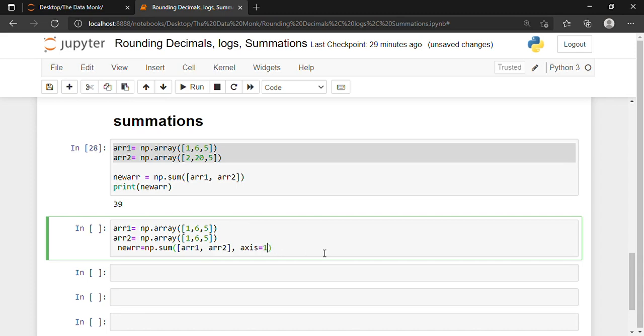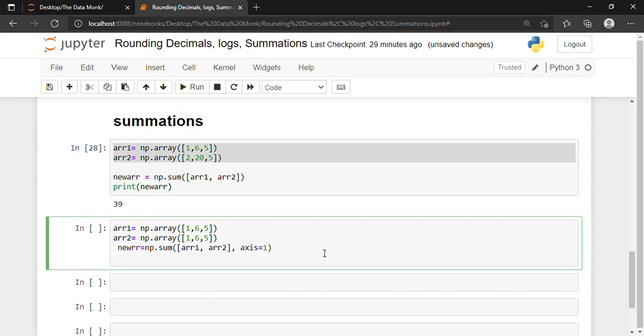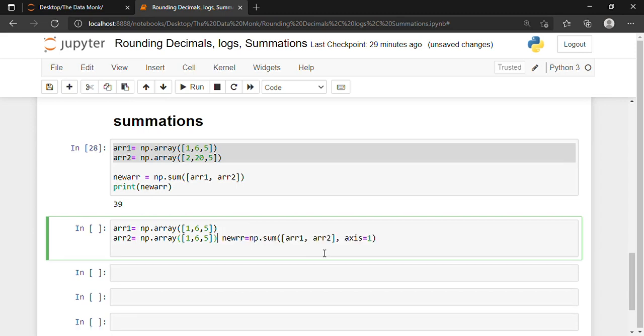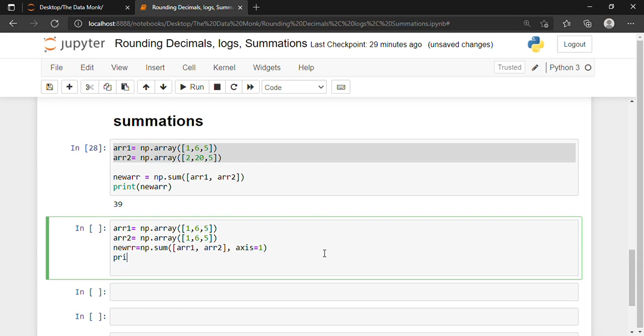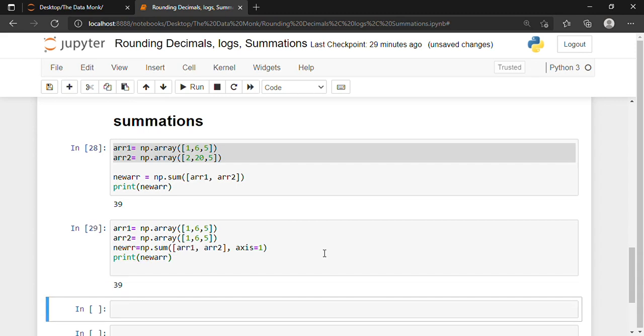Then I'll print this new array. Shift and enter. So what is basically happening? We are getting 39.